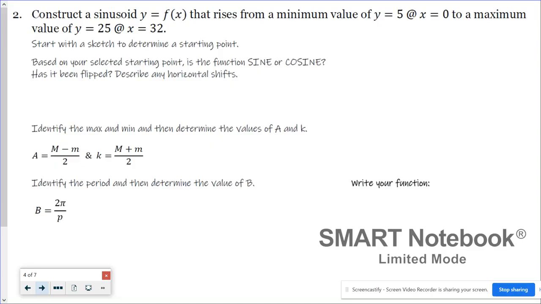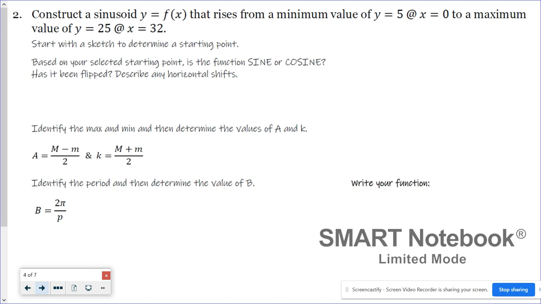So problem number 2 still isn't really a true word problem, but they didn't give us a diagram. And honestly, diagrams help. They're going to help you see which sinusoidal function you're working with. Sketches definitely help, okay? So this sinusoid rises from a minimum value at 5 at x equals 0 to a